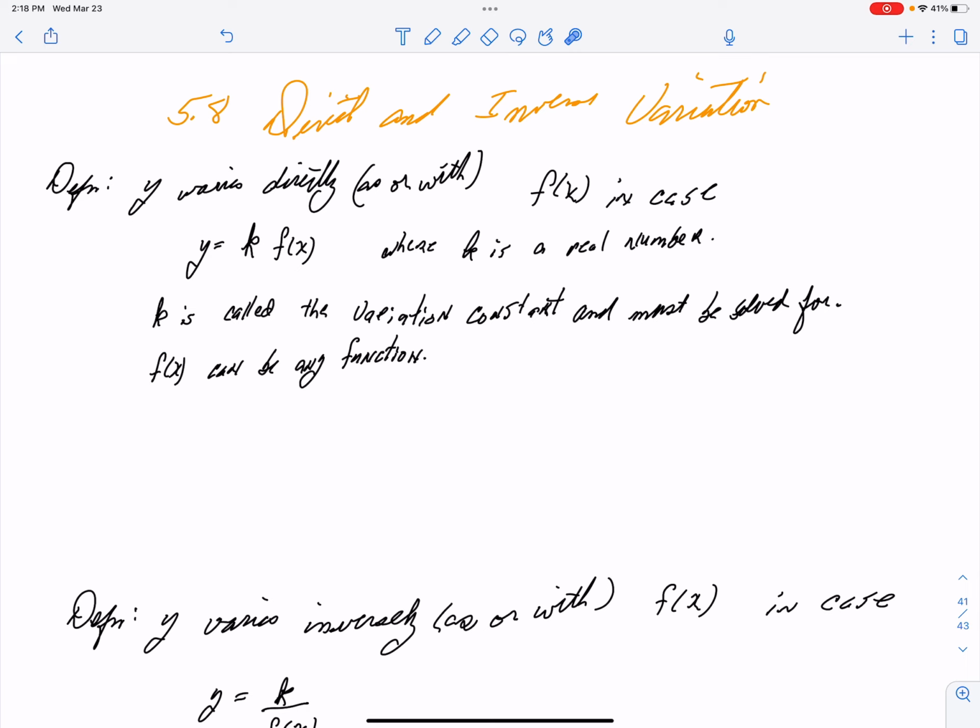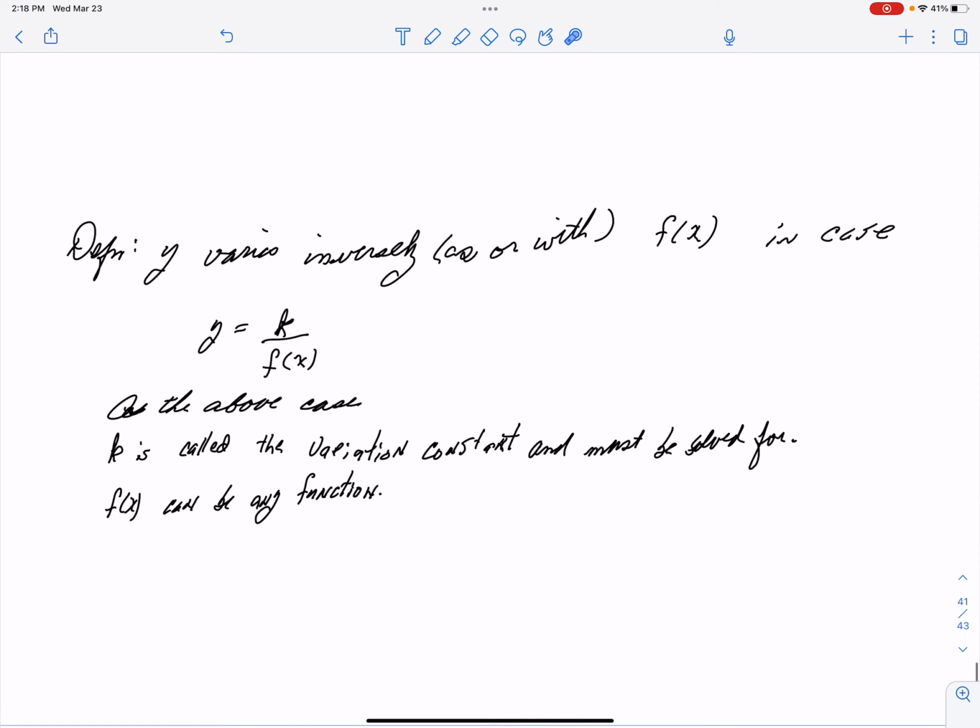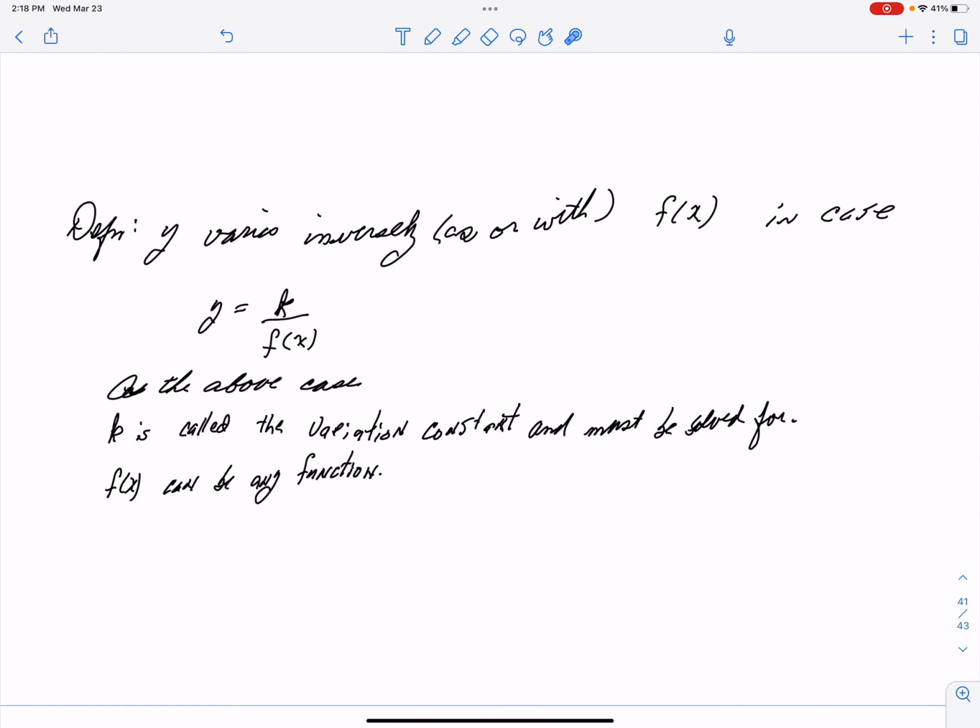Okay, so y varies directly with f of x means y equals k times f of x. Okay, y varies inversely with f of x means y is equal to k divided by f of x, where again, k is called our variation constant and